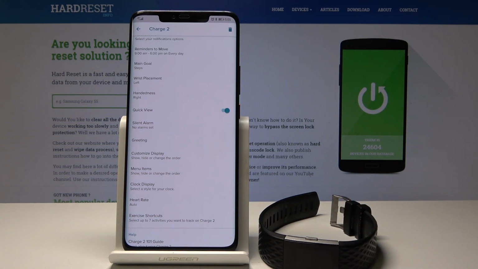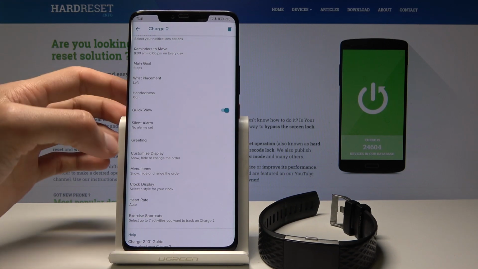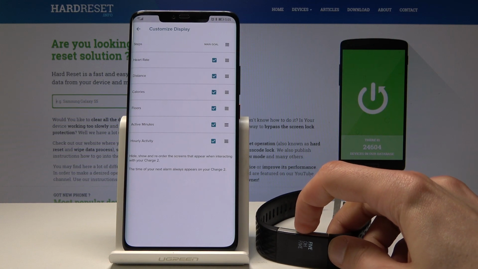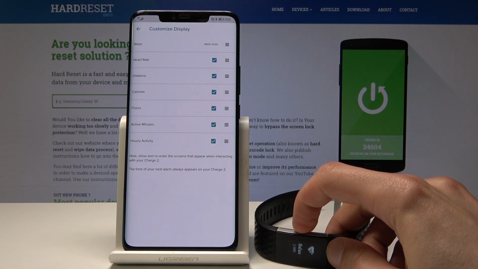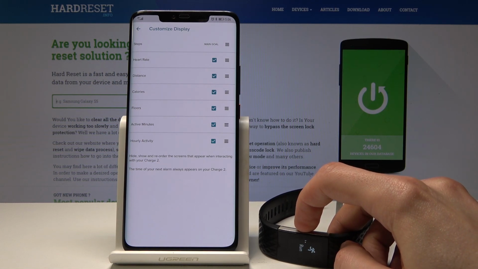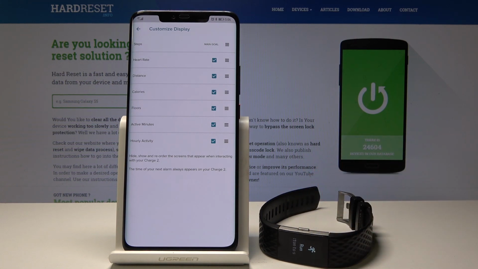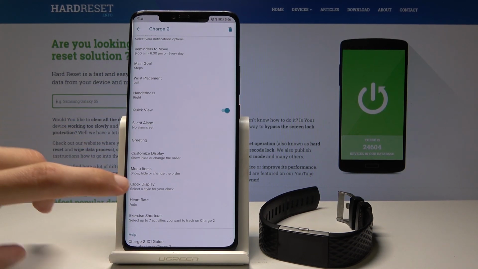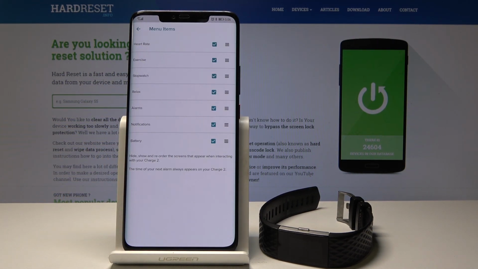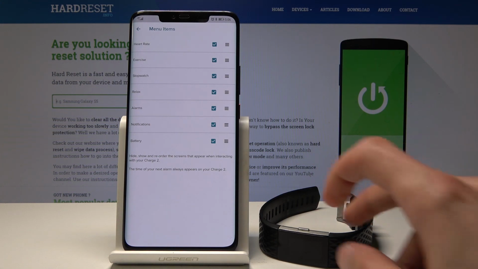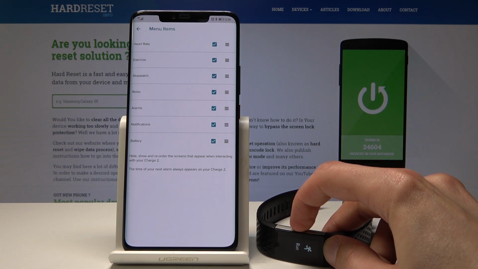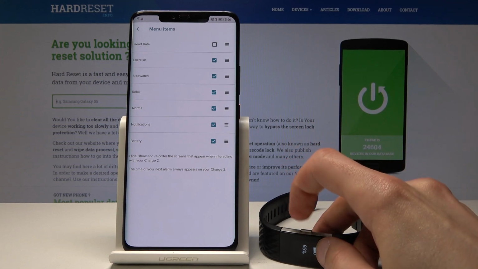Then you can also customize things that are displayed, so show or hide, as you can see, things like that you have throughout the pages, so heartbeat, run, stopwatch. But this one actually goes to the, I think, main display, so the one that was at the start with a couple other options visible. And menu items, so right here you can turn off heart rate and other, basically the pages that I was just showing you through. So you can disable them, and just as an example, I'm going to disable heart rate,